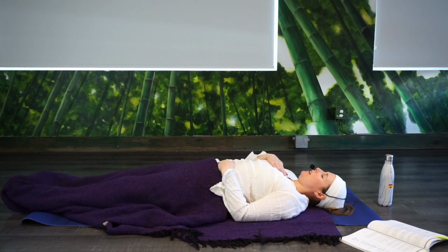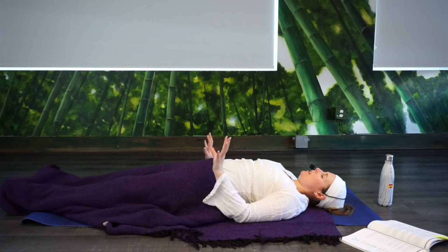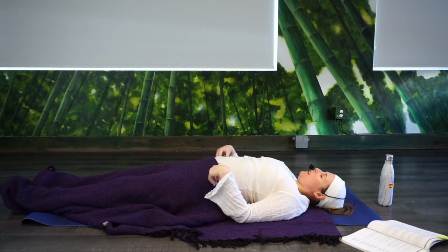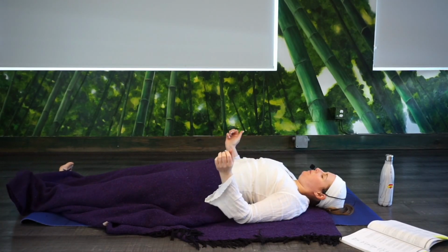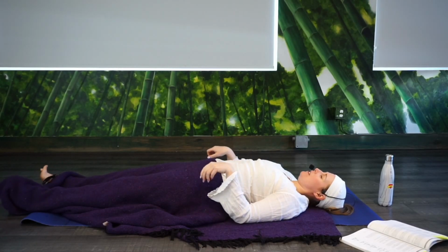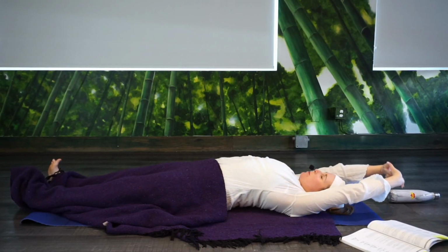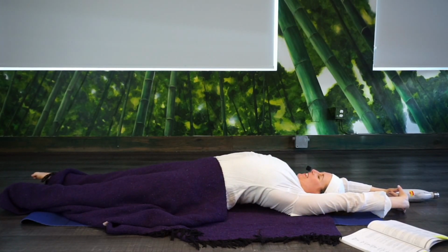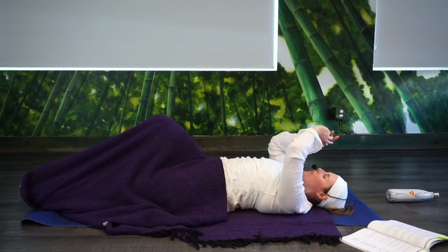When you feel ready, very gently and slowly, begin to wiggle your fingers, your toes. Maybe moving your joints, your wrists, your ankles in circles. Both directions. Maybe stretch arms, legs, in whichever way feels right for you. If you'd like to do a little twist for your back,